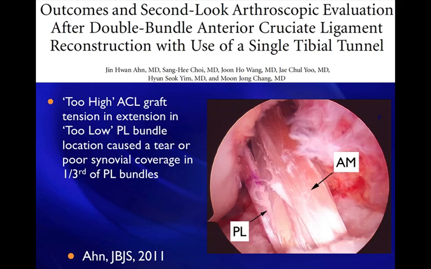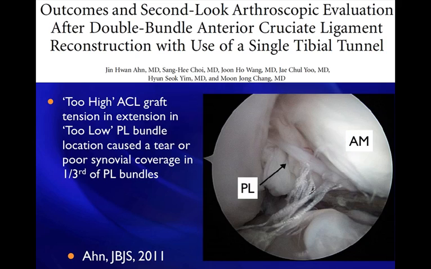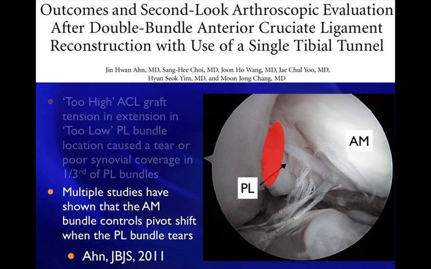So here's their tunnel placement. That's what the graft looks like. That's that low PL bundle location. And here you can see the graft has ruptured. So it's really a single bundle ACL reconstruction because the PL bundles either stretch out or are poorly functioning. And what's curious is that multiple studies have shown that even when this PL bundle is non-functional, the remaining AM bundle controls the pivot shift when the PL bundle tears. So again, consistent with Markov's work, you don't have to be too low with that tunnel to control the